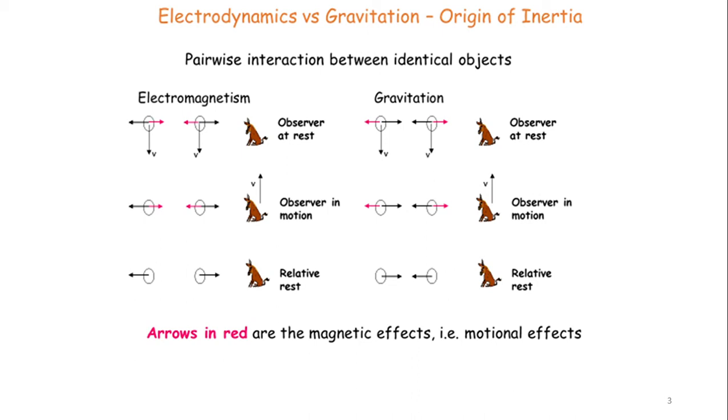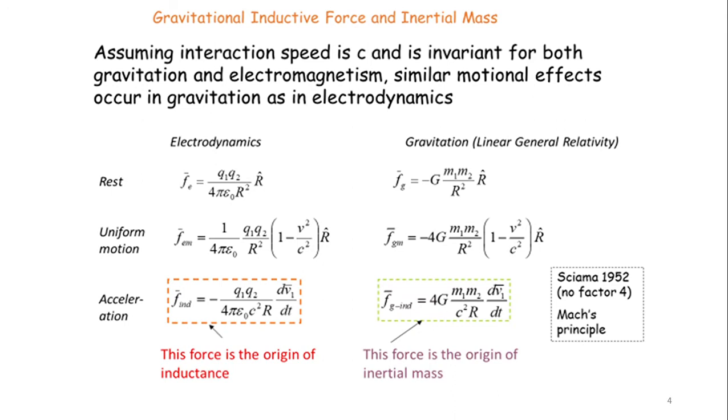so-called inductive phenomena. Now, if I write down the formulas, these are well known for electrodynamics: the electric force, and the correction due to motion that we call magnetism is here. So this is a field-free description I use in the force picture of the dynamics, and these are the formulas for two objects interacting with parallel motion, the same velocity v.